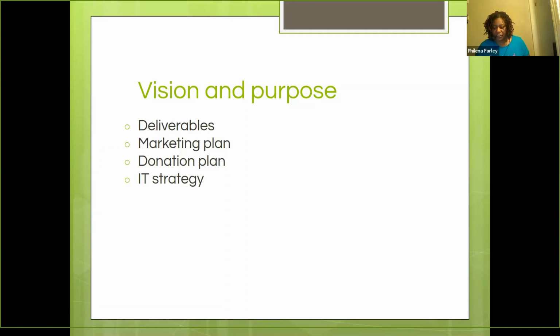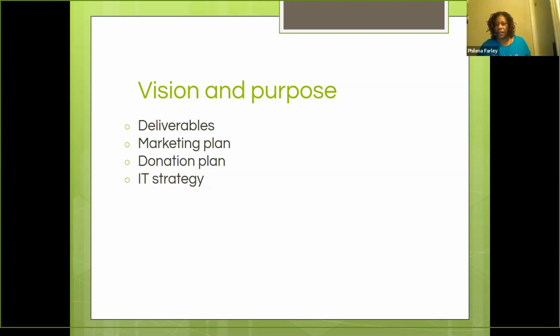What are you offering to the voter? Make sure you have all those things broken down for everything in your campaign. So you want to make sure it's really good, and then you want to have your marketing plan. Especially now with COVID-19, you might have to focus on a strong online marketing plan, your donation plan, and your IT strategy, because once you create your team,